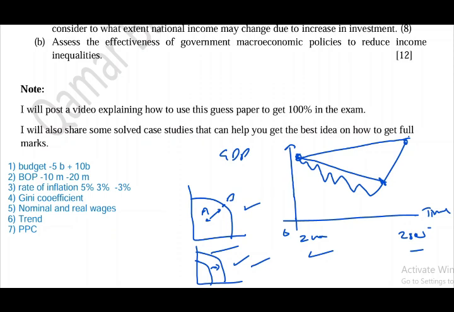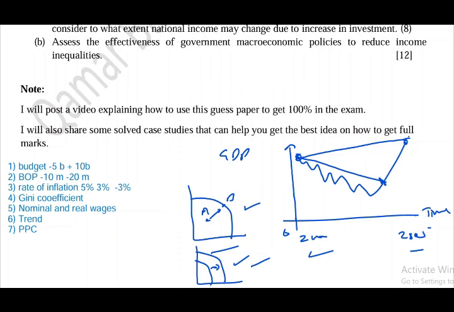From unit 2, the examiner may ask you to make the equilibrium diagram, the demand and supply diagram, to show the impact of a change in any factor that may affect demand or supply and shift the demand and supply curves. So you have to make the diagram accordingly. For example, if the price of one good is increasing, what will happen to the demand or market of another good if the other good is a substitute product?